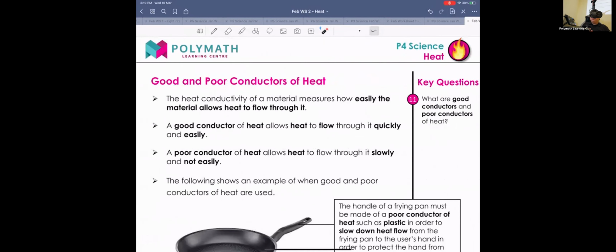Okay, now we move to good conductors of heat and poor conductors of heat. On your table, is there anything that's metal? You touch the legs of your table. Now touch the wooden table. So which one feels colder? The legs of the table, which is metal, feels colder. So that means the legs of the table must have a lower temperature. True or false? Not true. You know why? Because the table is left,